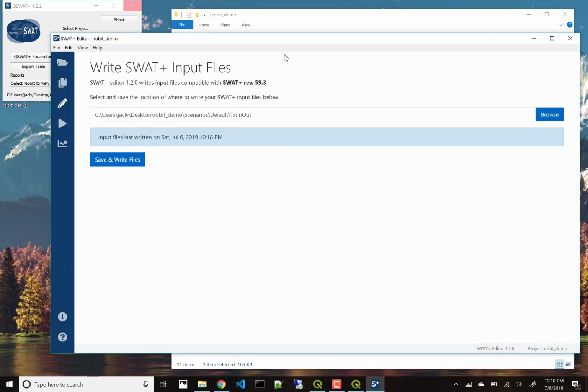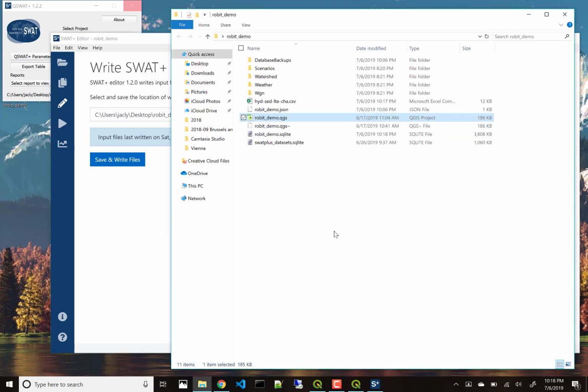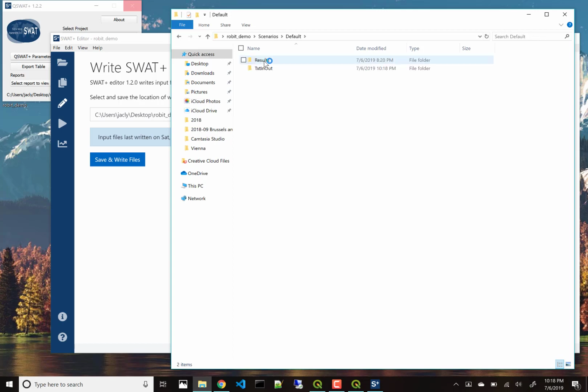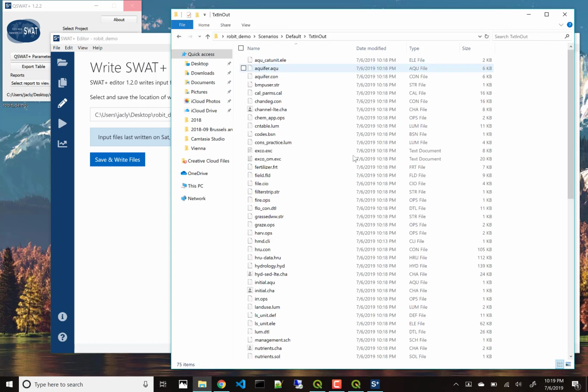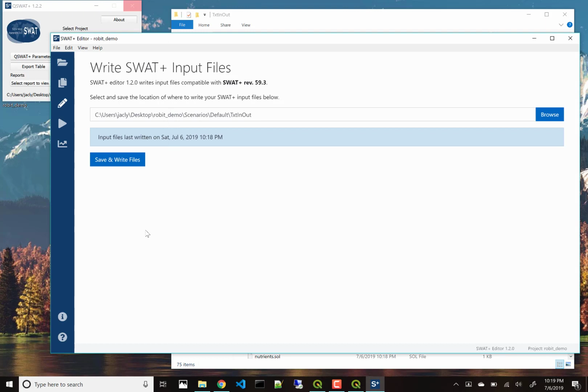Okay, and we're done. Let's go ahead and browse where it wrote those files. So let's go back to our project folder, and it's under Scenarios, Default, and Text and Out. And you can see all the files that we just wrote. And these are all the inputs needed to run your model. So let's go back to the editor